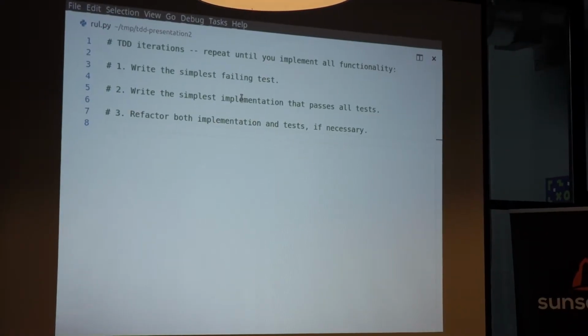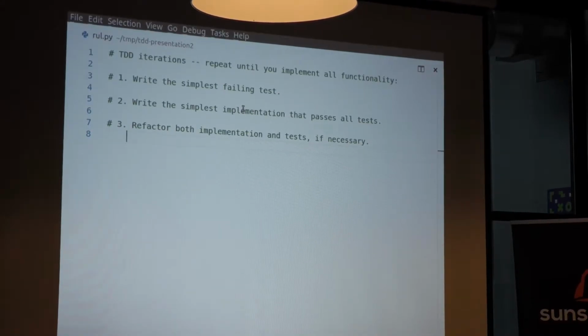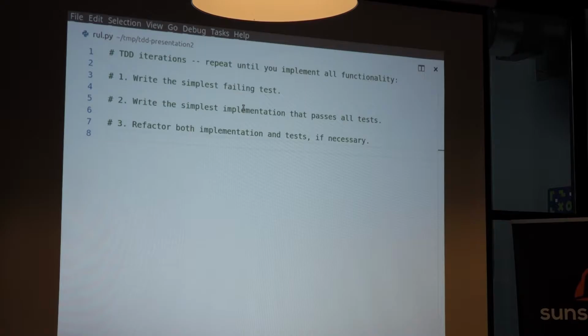So TDD is just a way of developing software in which we work in iterations, and each iteration can be very short, even less than 1 minute. And each cycle consists of 3 steps. The first thing is that we write a test, and it should be only one test, and the simplest possible test. So later on, in later iterations, we will cover more complicated cases, and even edge cases, but in the very first iteration, we focus just on the simplest case. Now, it should be also a failing test, because if it passes, that means that it tests functionality that is already implemented, and we don't want this kind of tests.